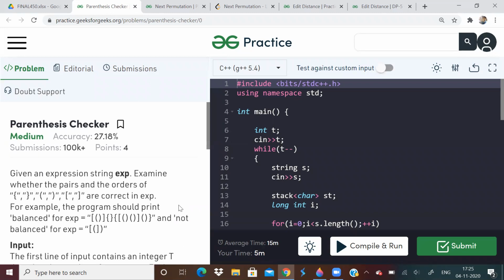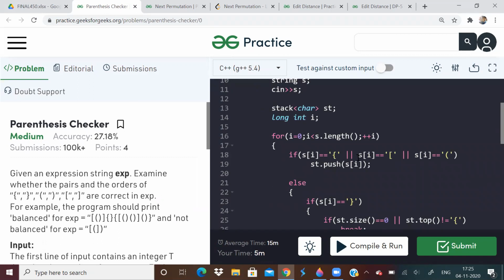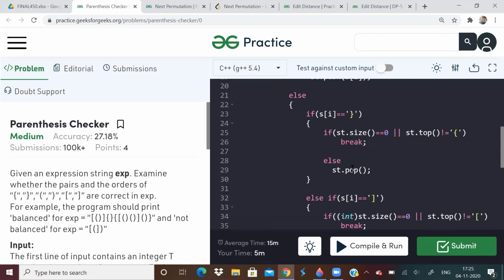I'm sure everybody understands what to do. We will be using a stack over here. Stack is a good option to check if the string is balanced or not. Whenever we find an opening curly bracket or square bracket or opening bracket, we will push it into the stack. And whenever we get any closing bracket, we have to check. If it is a closing curly bracket, we first check if